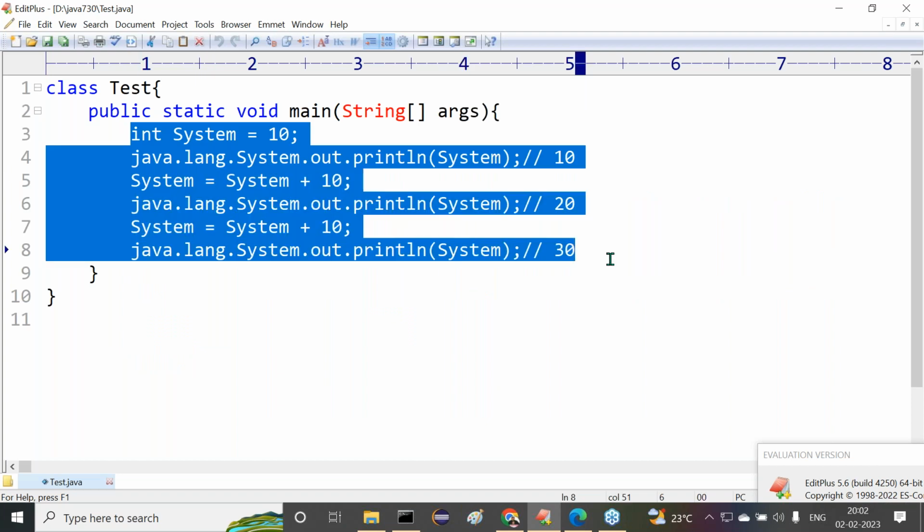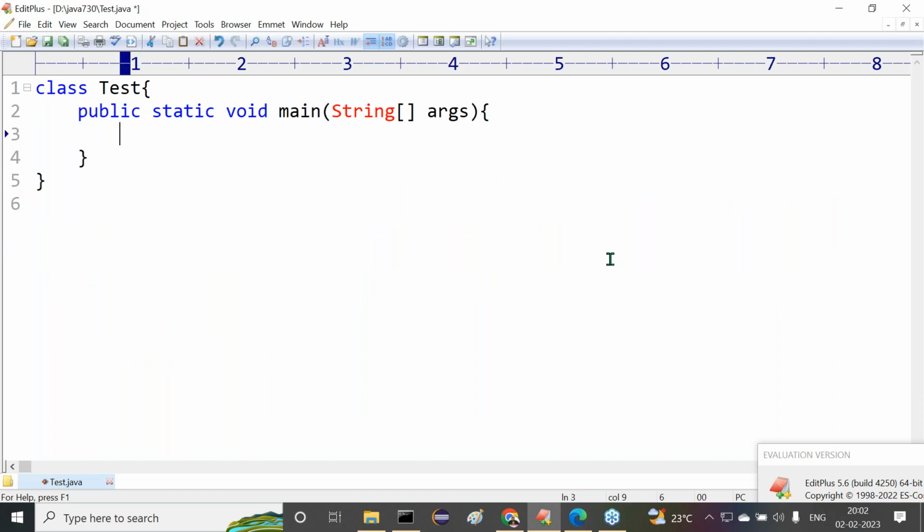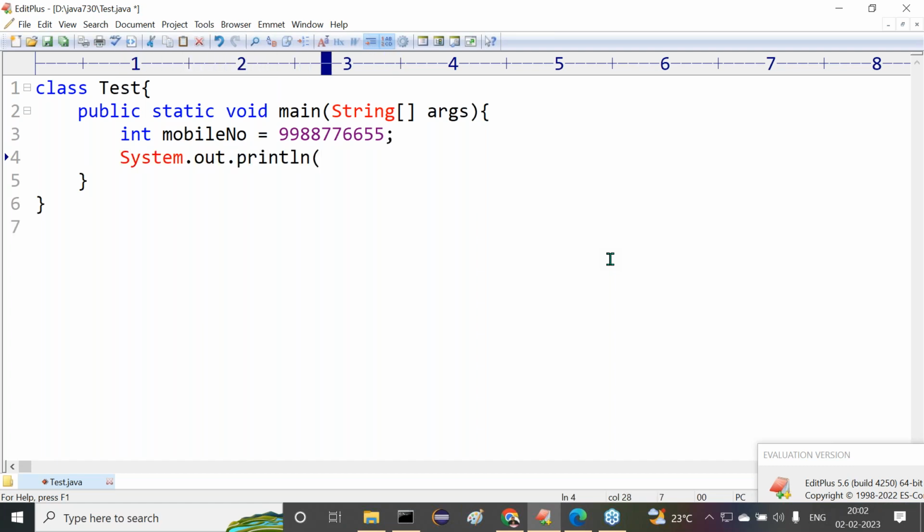All right. Now understand this. Say for example, int mobile number is equal to a given number, System.out.println of mobile number.